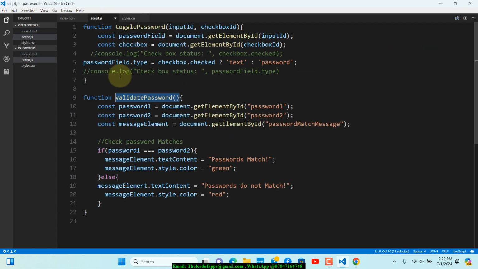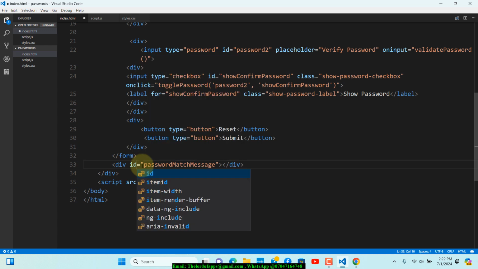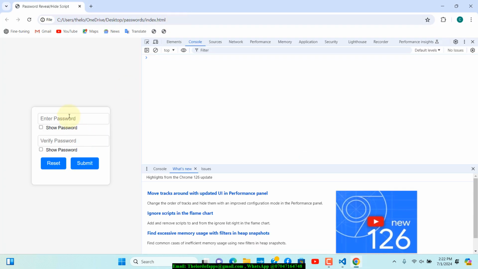But then if you take a look at our script right here, we're basically trying to pass that on like an ID. So on this particular line, we're trying to pass something like an ID. That's why we say get element by ID. So that needs to basically be an ID. Instead of class right here, I want to change that to ID and then save the changes on the index page. Then if we go back to our browser and refresh this page,